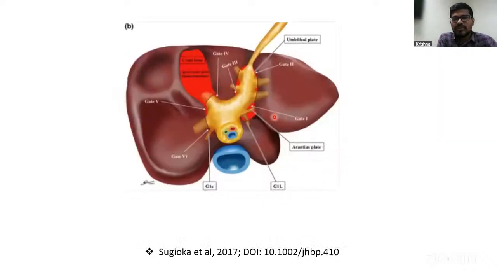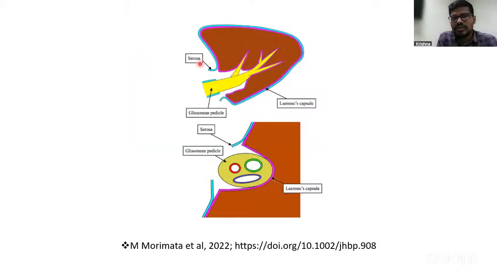So we can find that there are some spaces in between, wherein if we connect one gate to the other gate, we will be able to identify a sector, a section, or a lobe, which will help in giving the demarcation line and in proper liver resection. In this image, we will be able to see this is the Glissonian pedicle, and this is the Laennec capsule. Whenever we divide the serosa, we will be able to enter into this space